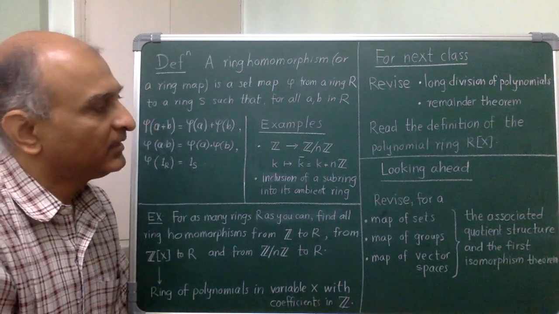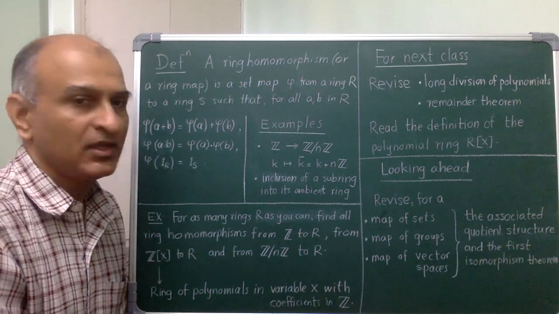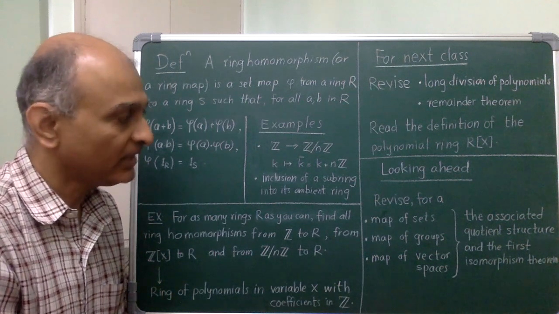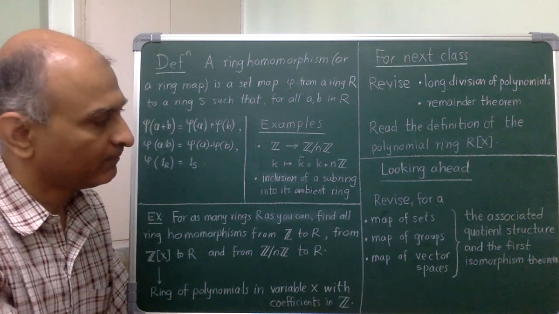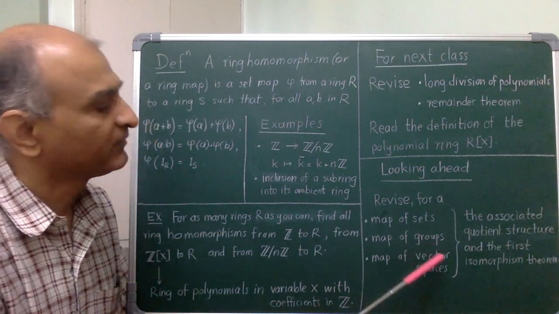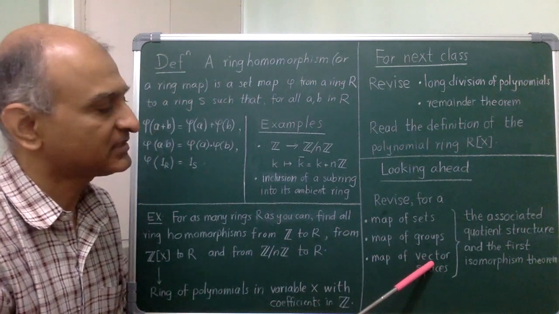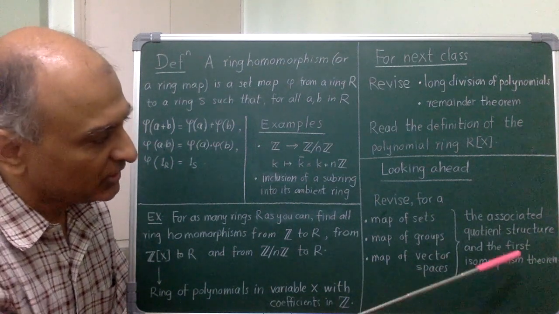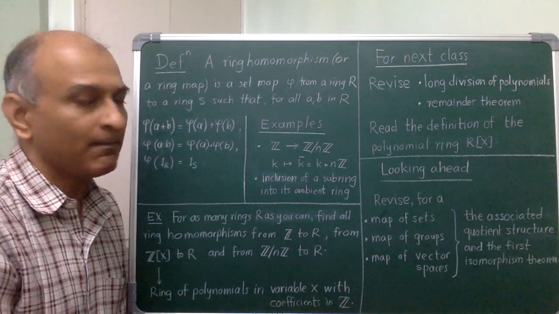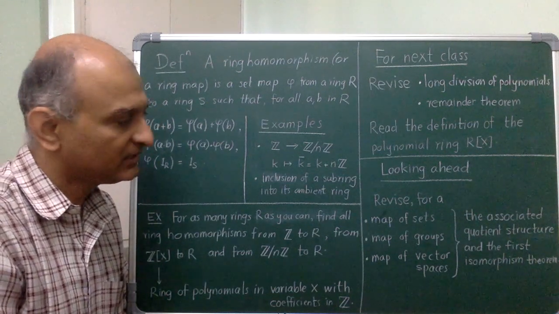In fact, ring homomorphisms are going to be vital for everything that we are going to do in this course. So in order to prepare for that, here's what I strongly recommend that you do. You have already seen groups, group homomorphisms and quotient groups. Likewise, you have seen vector spaces, linear maps and quotient spaces. In both of these situations, you have the first isomorphism theorem. So you should completely familiarize yourself with this isomorphism theorem in either situation.